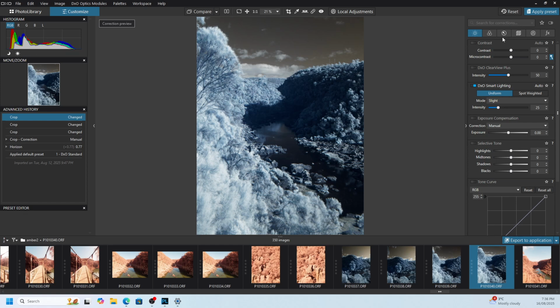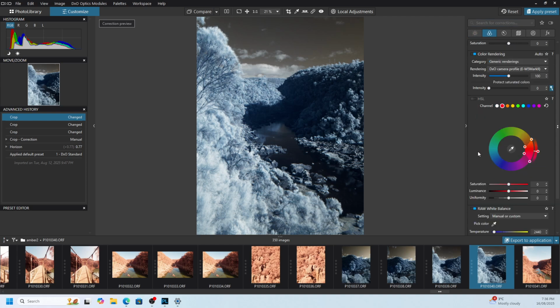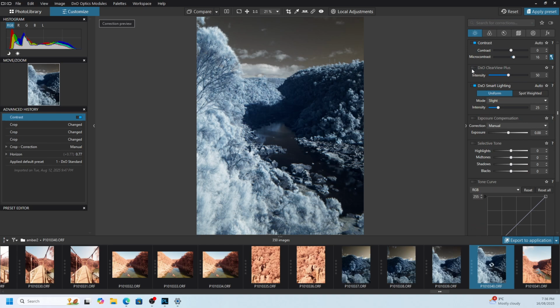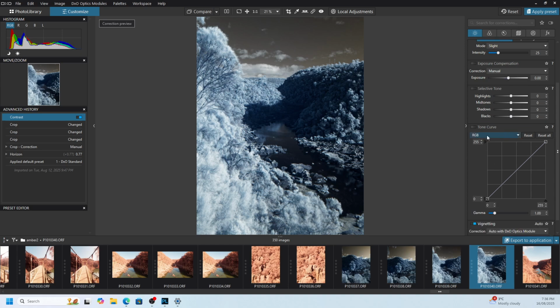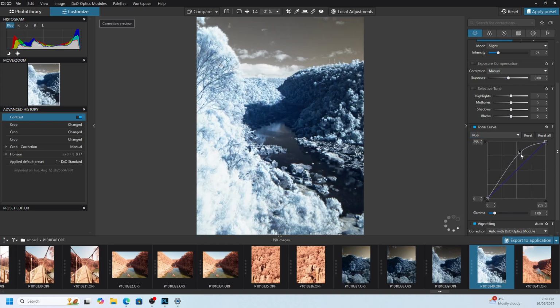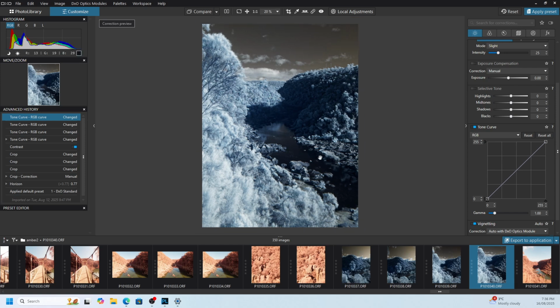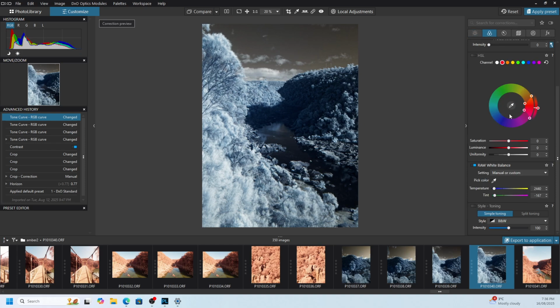Now, the way that I do this, I use DxO for the raw processing, and then I use Affinity to do the color swapping. The main thing for DxO is you can do contrast, and a little bit of tone correction on the tone curve if you want to, but I don't think we need to do that on this one. We've got good contrast, some shadow, good sky, interesting rocks in the foreground. So what we'll do is